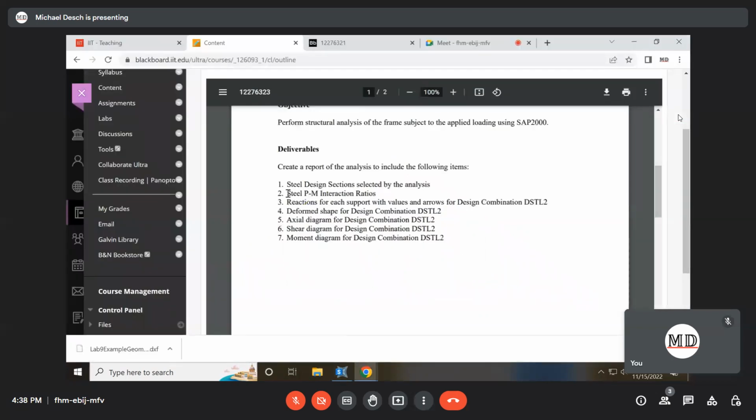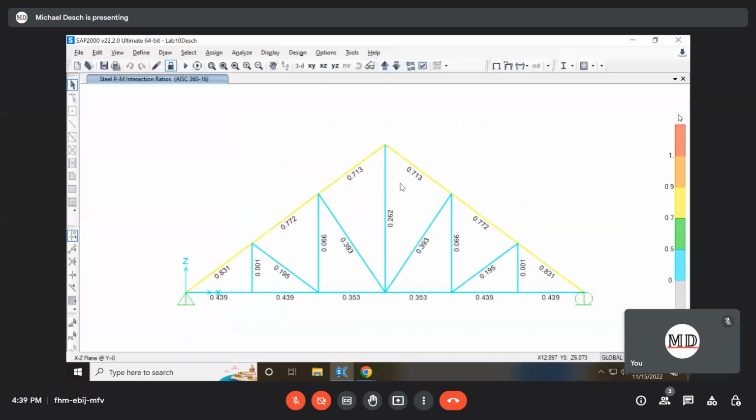Okay, so those are the first two. So those are directly from the steel design that SAP's doing. Next, we want to find the reactions for each support with values and arrows for design combination DSTL2. Now, when we run a design check, it goes and generates some combinations and puts those in the background. So we'll go and see where DSTL2 came from. So, but first, we want to look at the reactions for each support with values and arrows for that combination. So we'll go